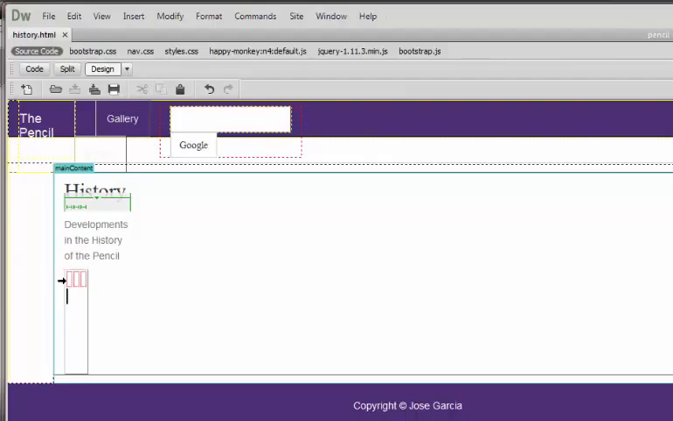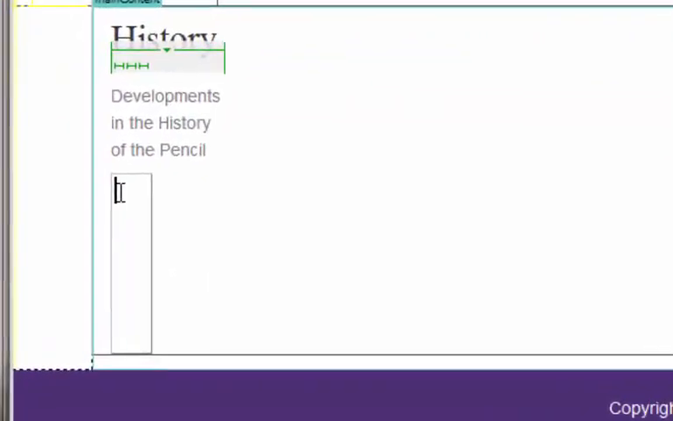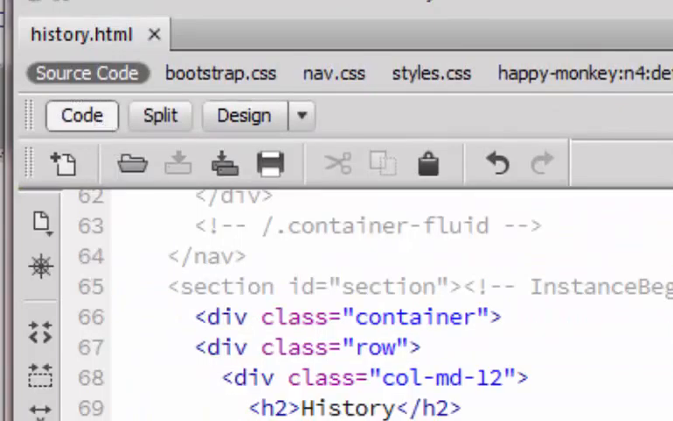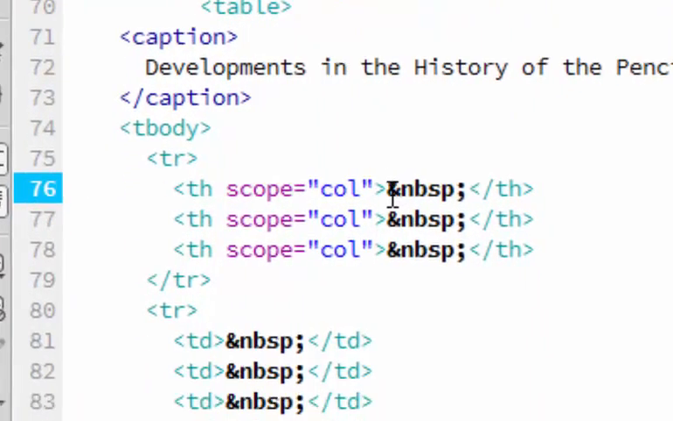If you'll notice, occasionally I can maybe get my cursor to highlight the cell where I want to be editing the properties. Let me give you a tip. The thing to do is to go to Code View and highlight. What I'm highlighting right now is an ampersand nbsp semicolon, and that is web code for a